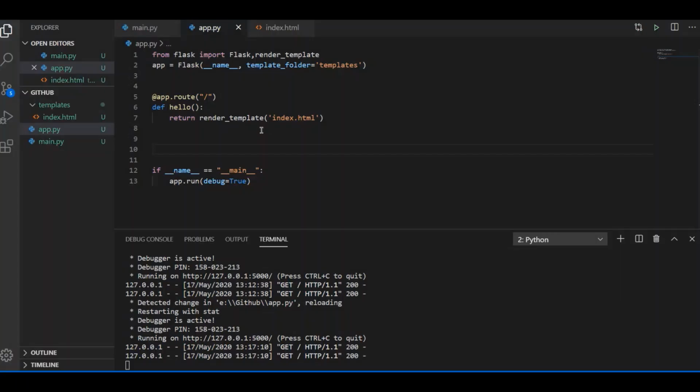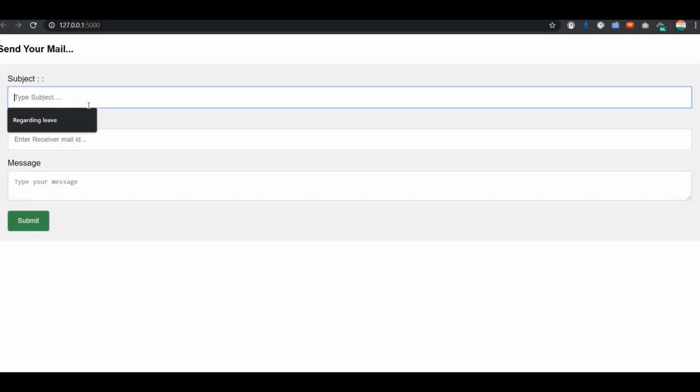So our next task will be to get the user input and to take that input into some variable, and for that I will import request here. The purpose for importing this is that we want to get the value of the form, that is, if we are giving input to the subject, then we want the value of subject, so that we can use that later by storing it in a Python variable. Suppose we are giving some input in this field, so we want that to be stored in a variable, and for that we will be using the request.